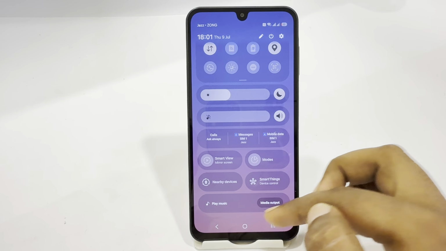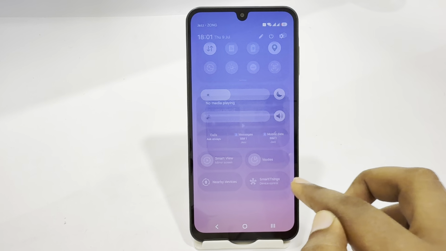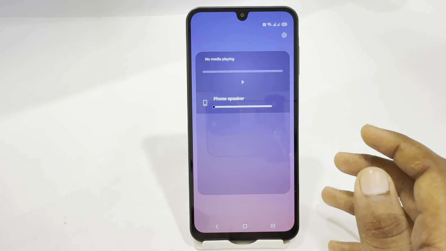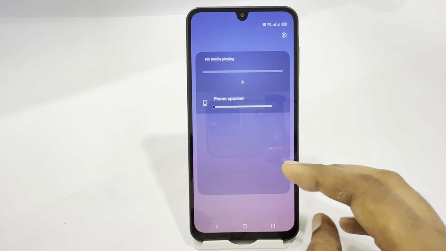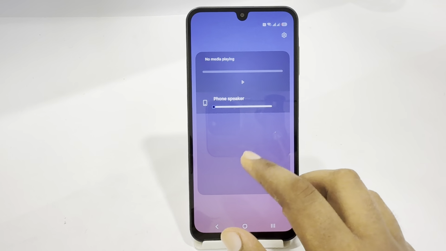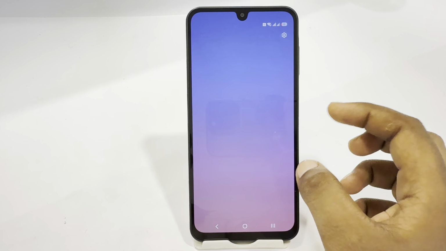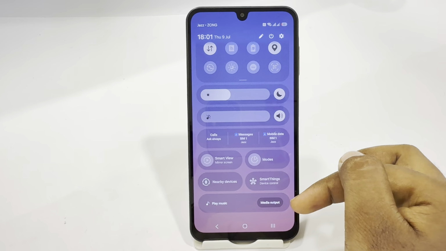here in your music section. You just have to click on media output, and here you might see available devices. It might be your phone speaker, any Bluetooth device you have connected, or any earphones or earbuds you have connected here. So you can easily switch between them,